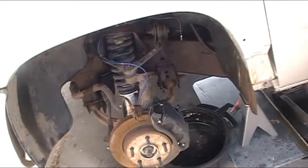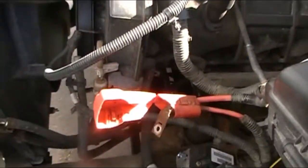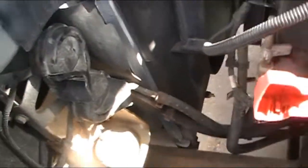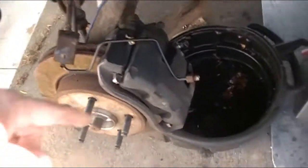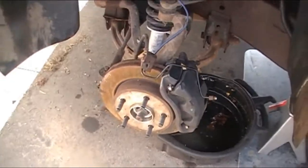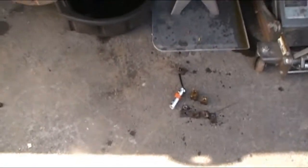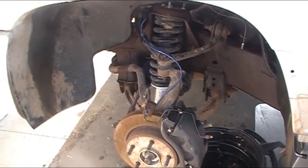And so we're going to deal with rust on this thing as long as we mess with it. Rust is going to be the issue. It's going to plague us, the rust. So we got to get that valve, all the lines we can get. I'd just as soon heat these up, break them nuts loose and use them. I was hoping I could just fix that one line in the back, but looks like the old can of worms